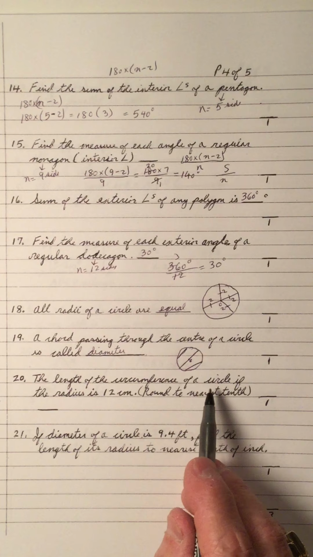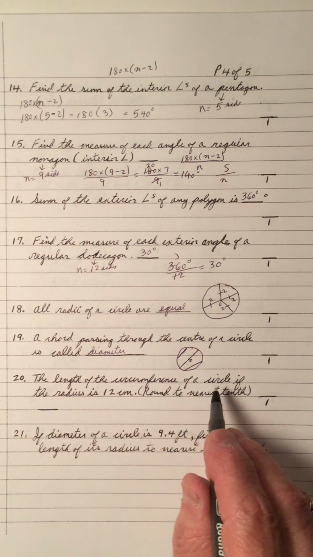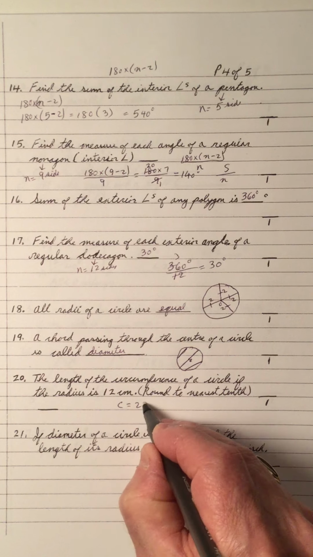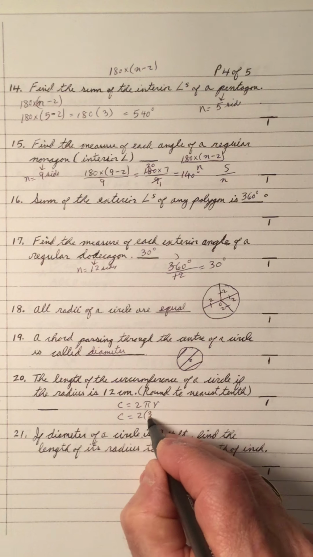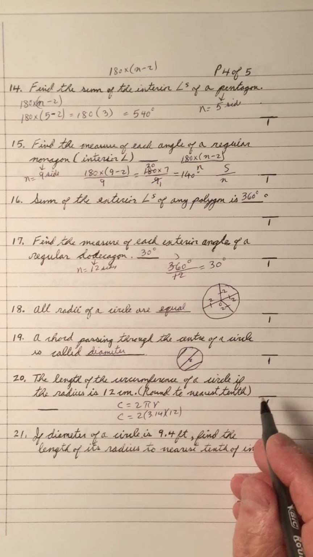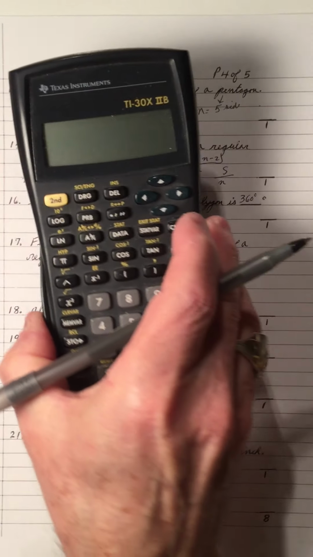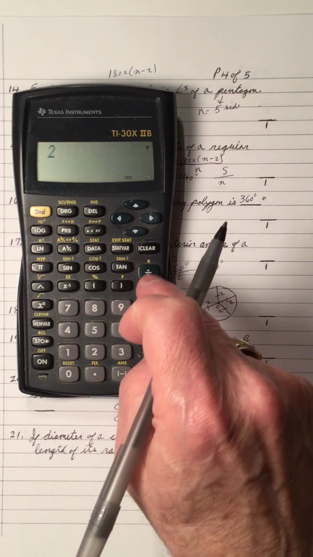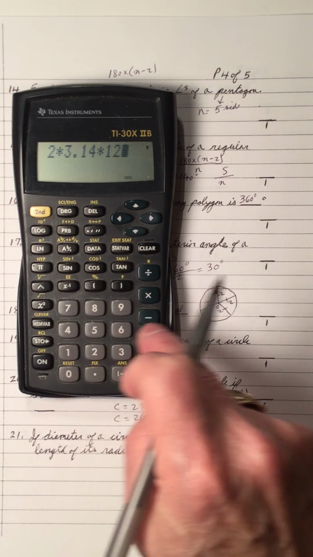The length of the circumference of a circle. I could say, find the length of the circumference of a circle if the radius is 12. So the circumference is 2 pi r. So circumference is 2 times 3.14 times 12. Multiply all that out and see what we're going to get. Let's use our calculator and multiply that out, turn it on. So 2 times 3.14 times 12, and we have